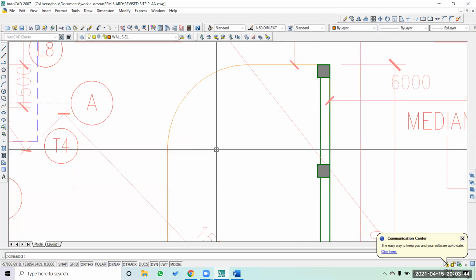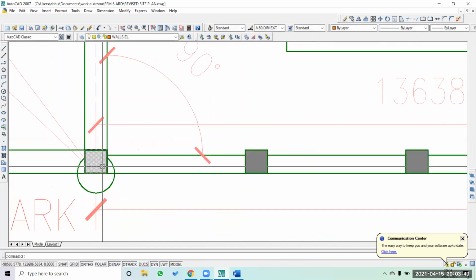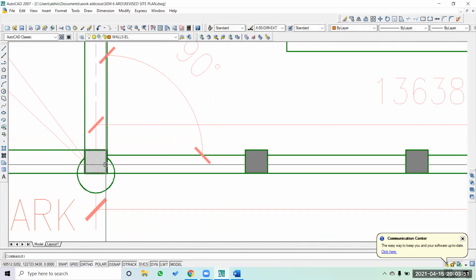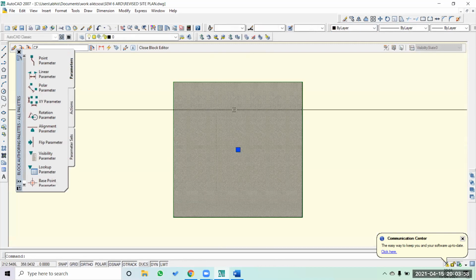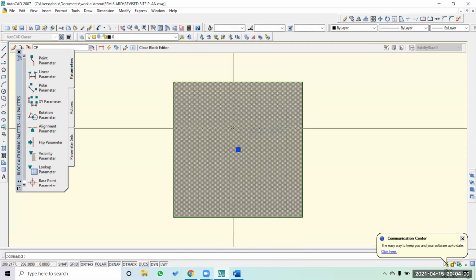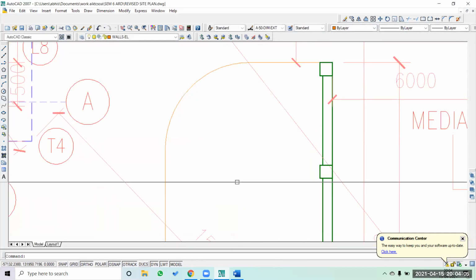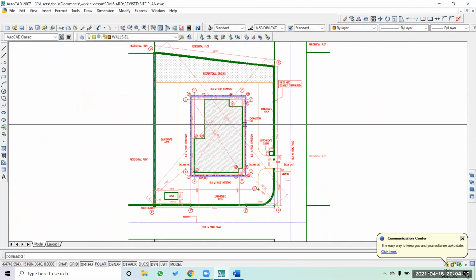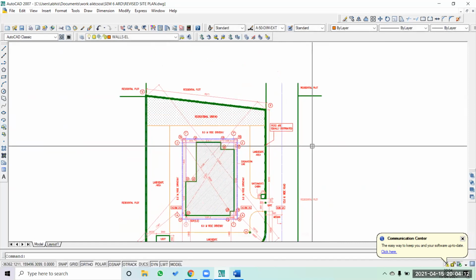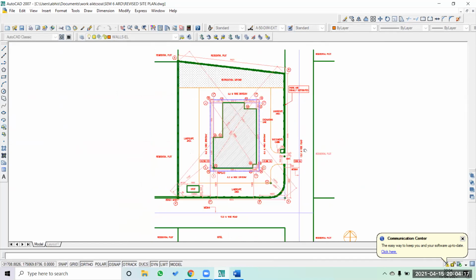Okay, close. Yes. So now all the piers have got this gray, but this particular gray will create a problem for me to identify the dimension tick. So hence, I'm not actually going to go for any hatch because the drawing is going to be 1:5. And as simple as this, we have now completed our setting out plan.